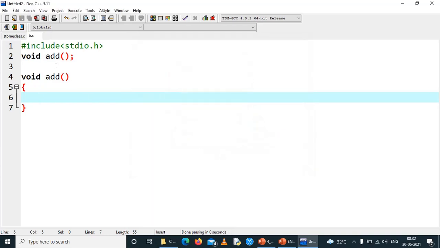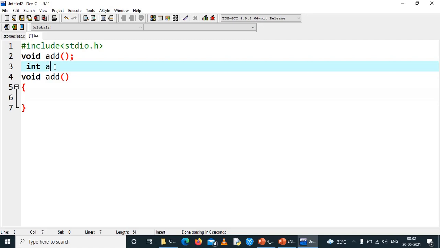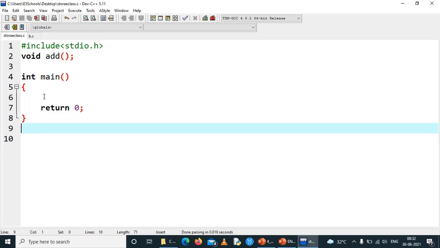There is a global variable named int age equal to 100 in the b.c file. I need to access this global variable present in b.c from this file, the storage class file.